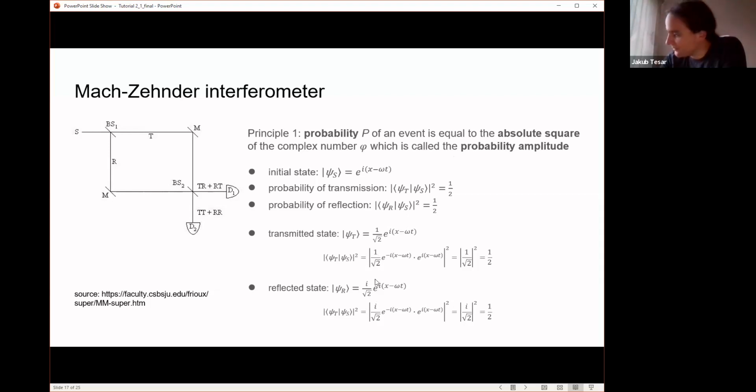Conjugate. Sorry? Conjugate. I cannot pronounce it. I can pronounce it in Czech, but not in English. Conjugate. Okay, so we will get i square, which is -1, but because we have absolute value here, we have 1. Okay, so that suggests, and I will try to explain why we have used i